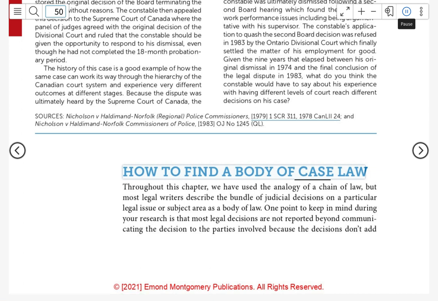How to find a body of case law. Throughout this chapter, we have used the analogy of a chain of law, but most legal writers describe the bundle of judicial decisions on a particular legal issue or subject area as a body of law. One point to keep in mind during your research is that most legal decisions are not reported beyond communicating the decision to the parties involved because the decisions don't add